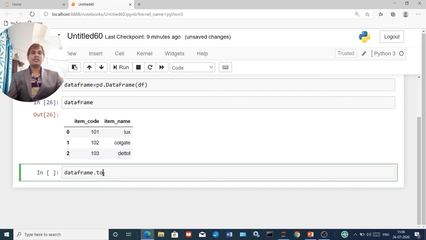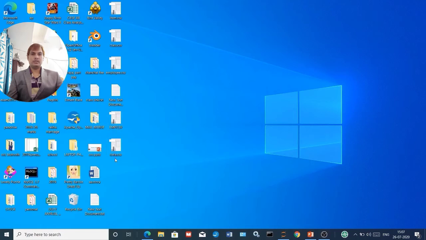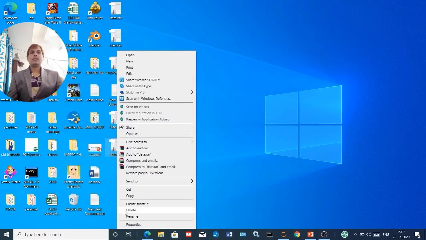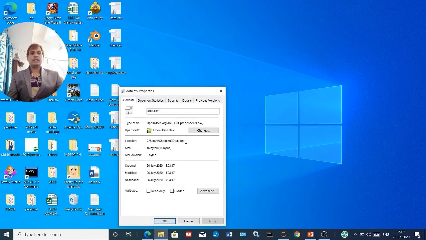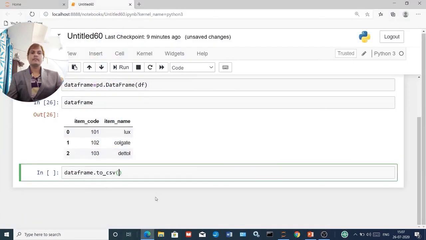So we need a location where you want to store the data. We'll use a function called to_csv. Here I want to copy the location only, not the file name. Go back, type the location here, and convert the backward slashes into forward slashes.